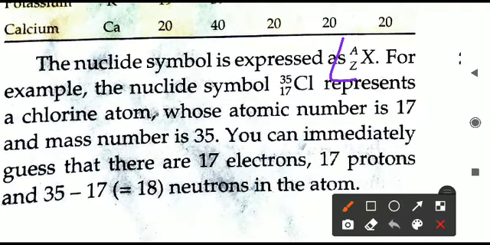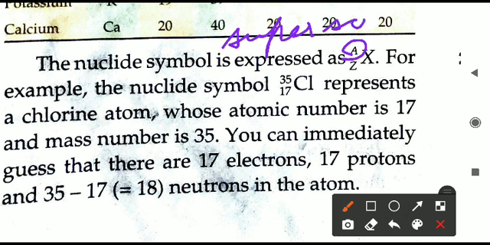So this is the general one, this is not an exact one. So if we have written X, X is the particular atom, the particular symbol of the element. On the left-hand side, in the top corner, you are able to see A, that is called the superscript. Whatever is on the upper side is called the superscript. And in the superscript, what will we write? In the superscript we will write the mass number.